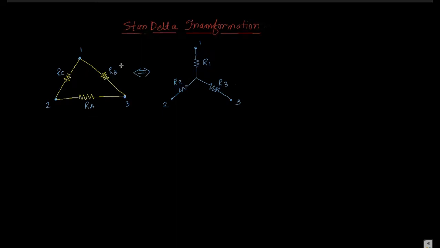It means a circuit which has a star or delta network can be simplified if you convert it into the other form: a delta circuit can be simplified by converting it into star, or a star connection can be simplified by converting it into delta. Everybody hear me clearly? Yes, sir. Okay, so first, these two circuits